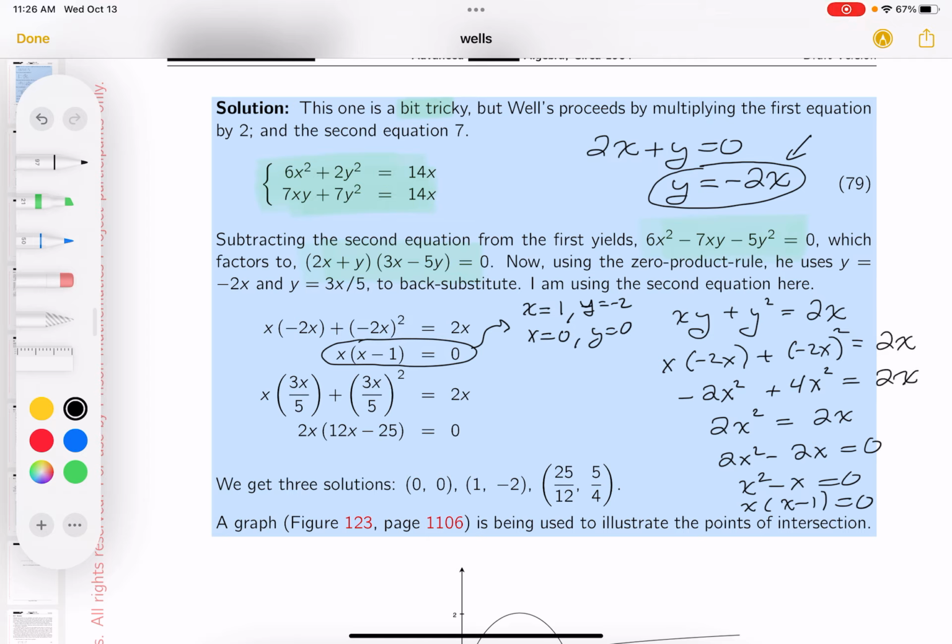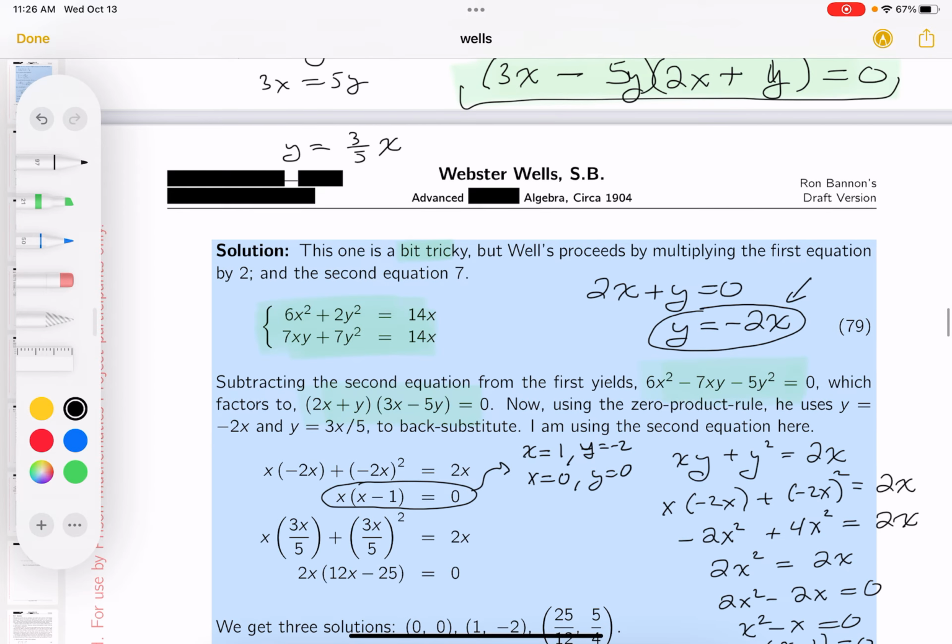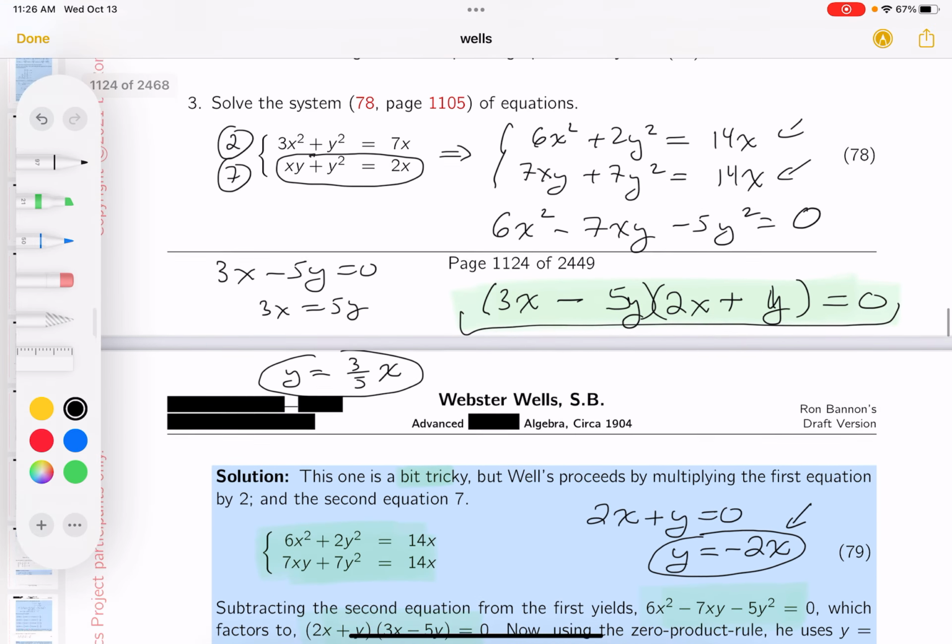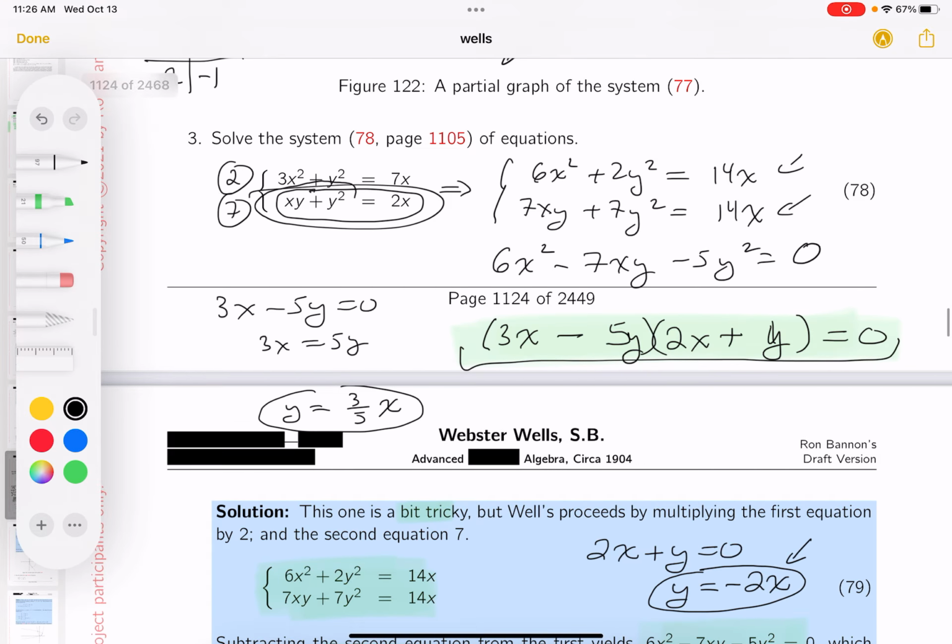Next one a little more complicated, like that fraction, right? And you say, I can't remember. So I'm looking at this guy over here now. And again, I want to go back. I know it's tough. I'm still going to use this guy over here because I think it's the easiest one to use. And what do you get? You get x times the y. Well, the y is 3/5 of an x, plus the y squared. I'm doing this one. That would be 9x squared over 25